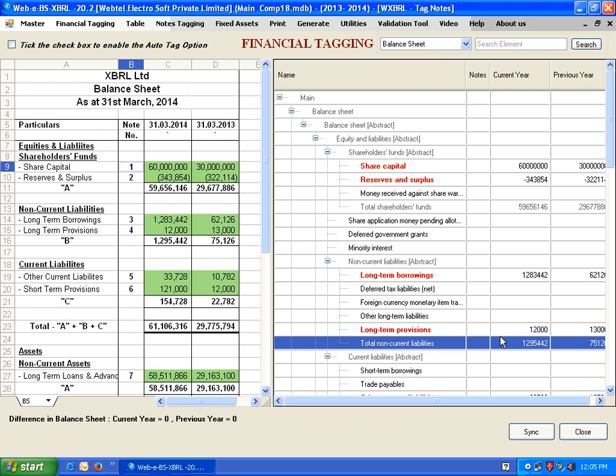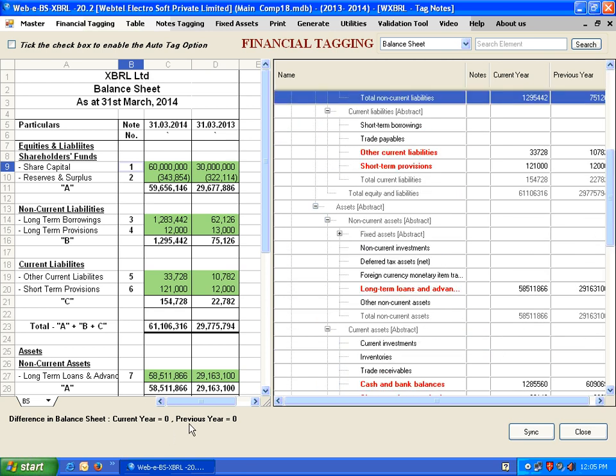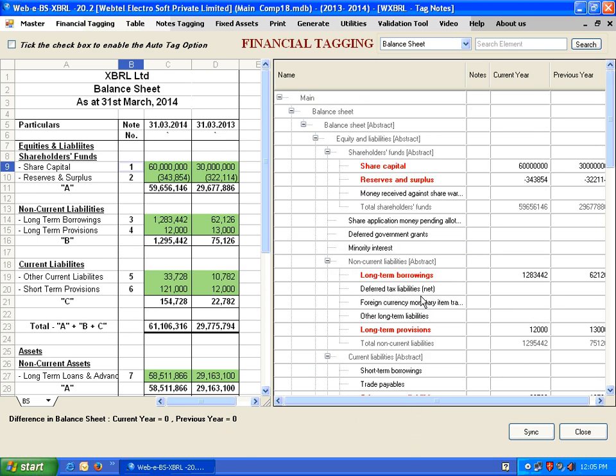Once the whole of my balance sheet is mapped, I can verify it through an internal validation check of my software. As you can see on the bottom left hand side, there is a difference saying that difference in balance sheet for current year as well as previous year is 0, which reflects that all the elements and figures have been tagged. And in case you find any amount in any of these years, it means that the balance sheet is not yet tagged appropriately. Our next step would be to assign a note number to each of the line items,